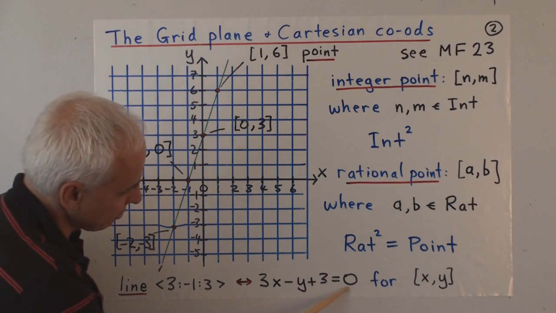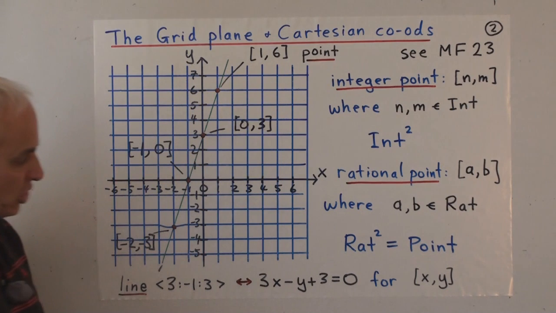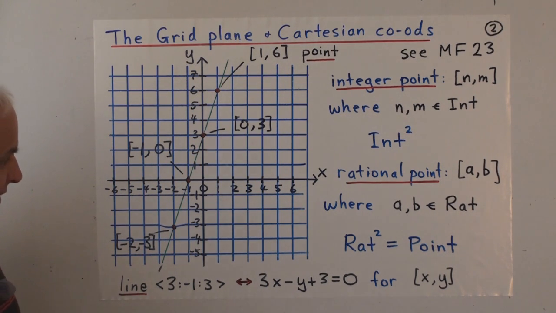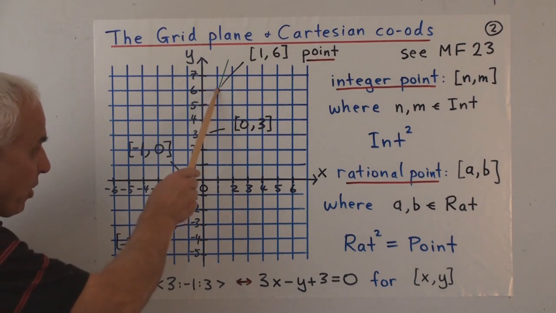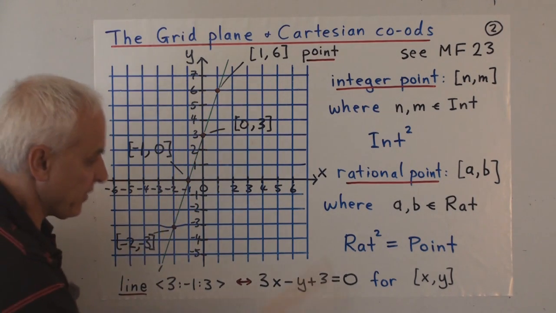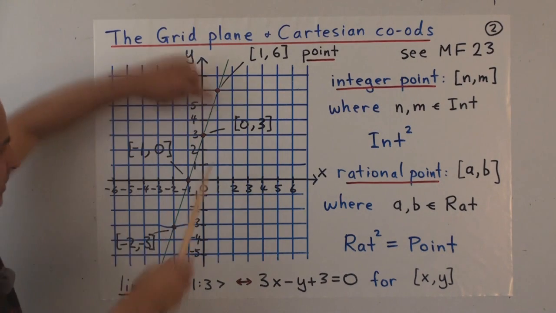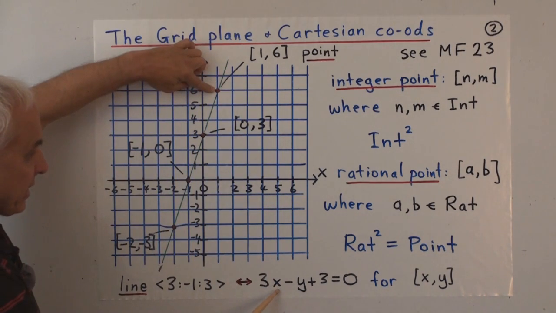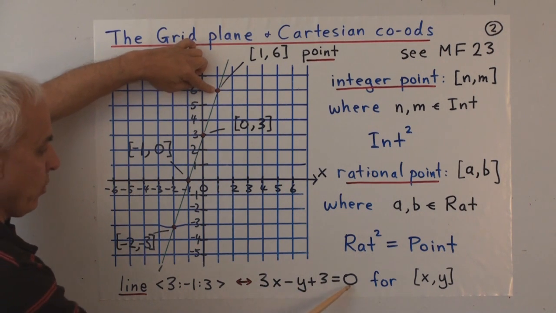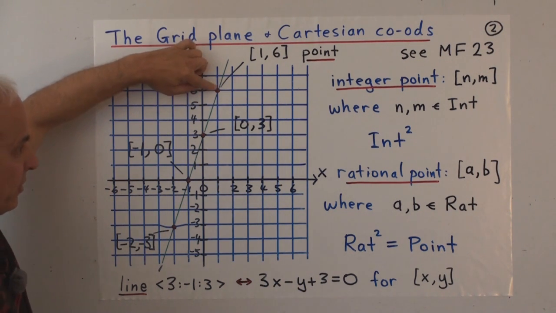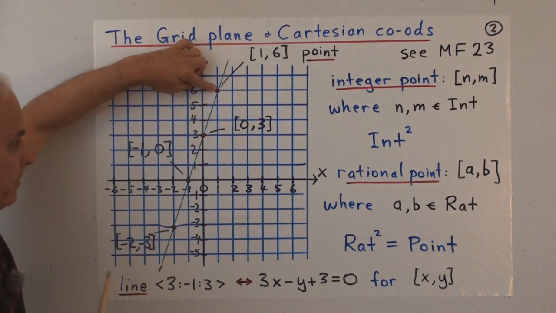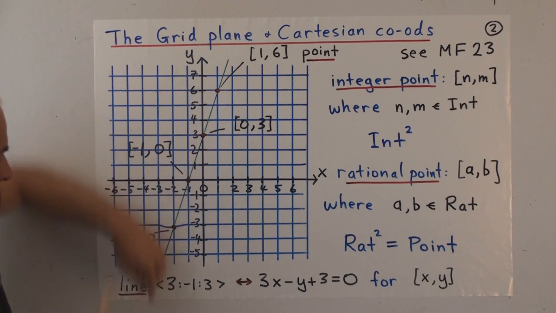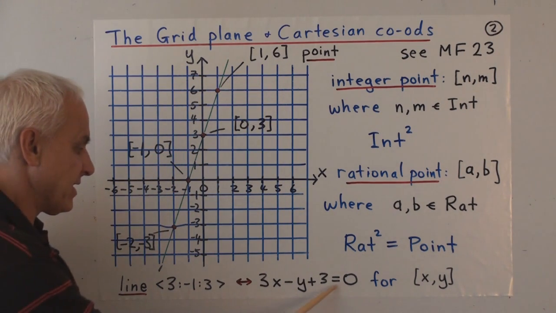So the usual kind of description is in terms of an equation that we can write like this. In this case, 3x minus y plus 3 equals 0. Every point on this line happens to satisfy this equation. So for example, (1, 6): if you replace x with 1 and y with 6, then you get 3 minus 6 plus 3, which is indeed 0. So this point satisfies the equation, telling us this point is on the line. And you can check that all these points lie on the line in the sense of satisfying the equation.